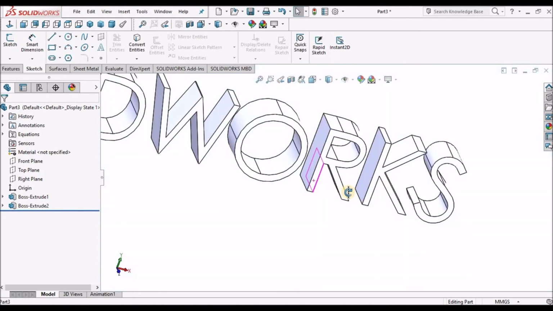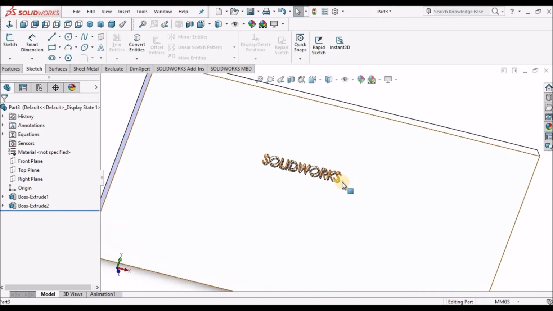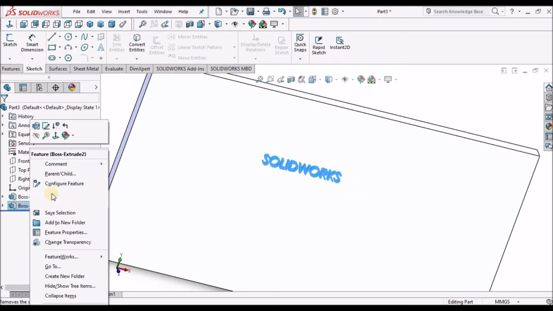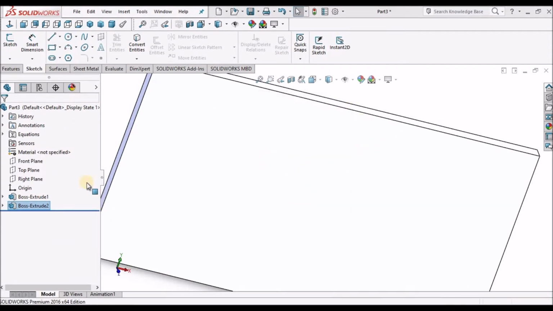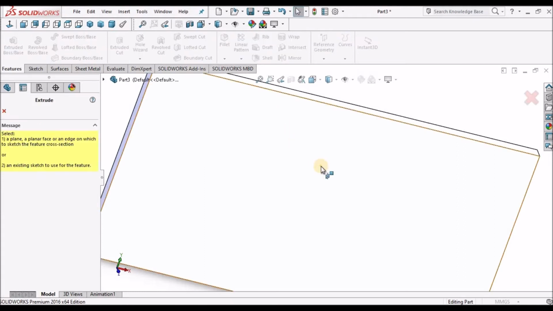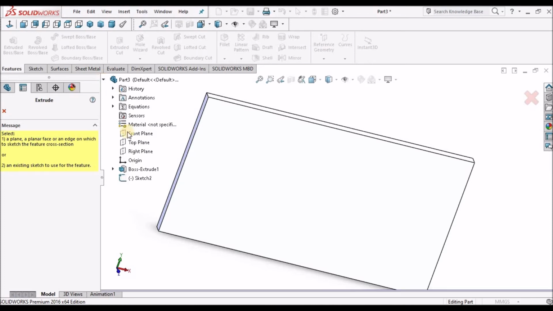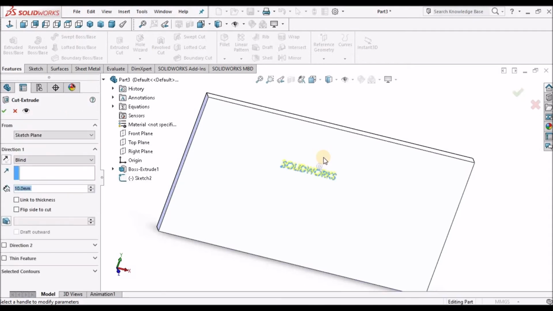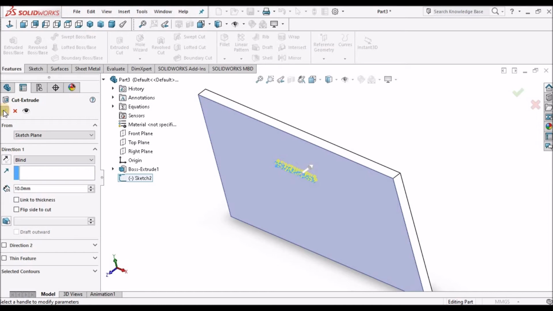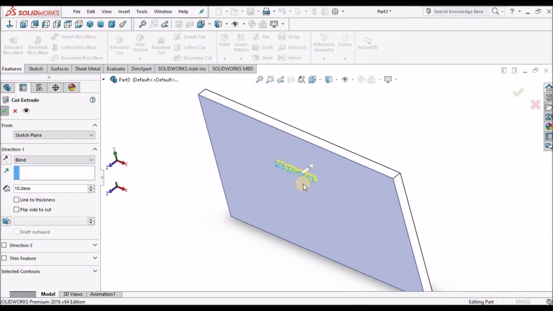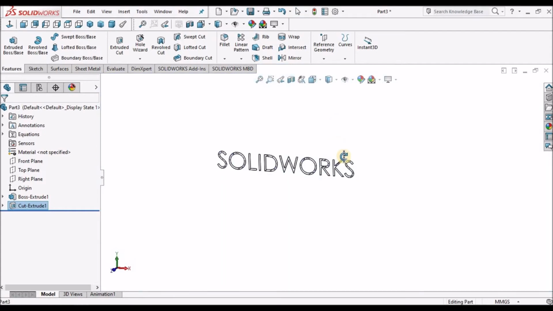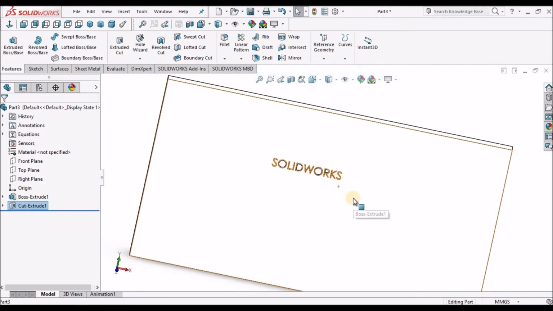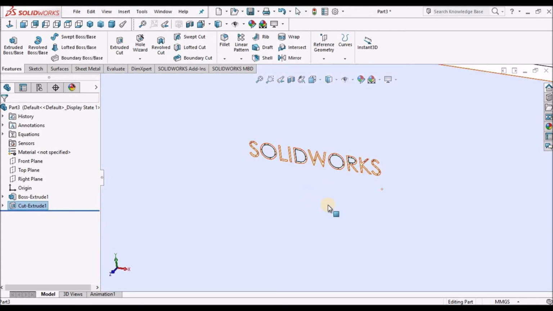See here. Okay, same way I will choose the cut option, sorry, for engraving.